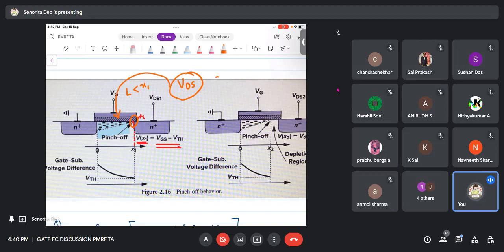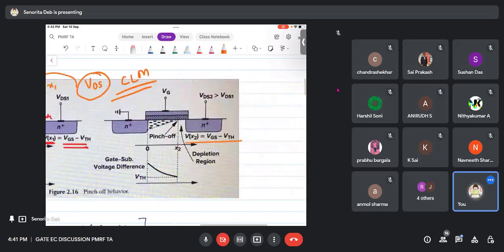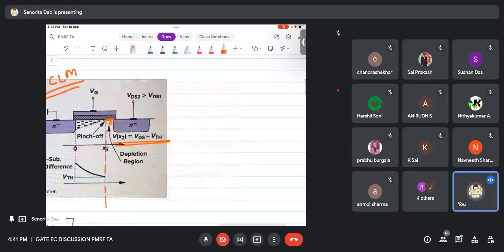Okay, so here you see Vx2 they have taken, and it equals VGS minus VTH, and therefore here the channel charge is 0. Therefore the channel is pinched off here. It is pinched off, and only till here you are getting a voltage difference, you are getting a charge. But that does not mean that your current will be 0. You can think that oh, QD is 0, so current is 0. No, you have to remember that this is charge per unit distance,